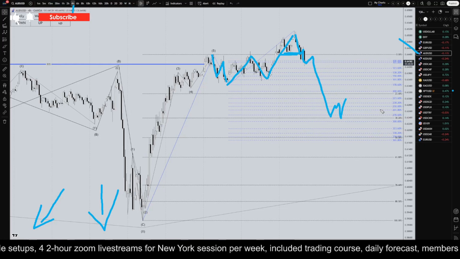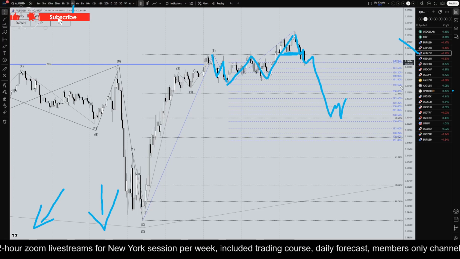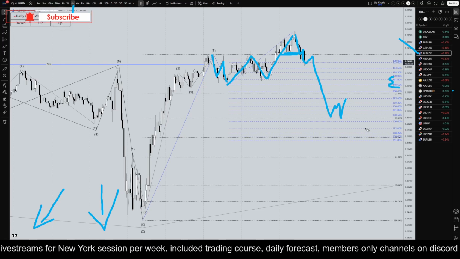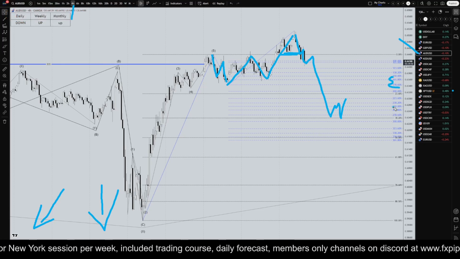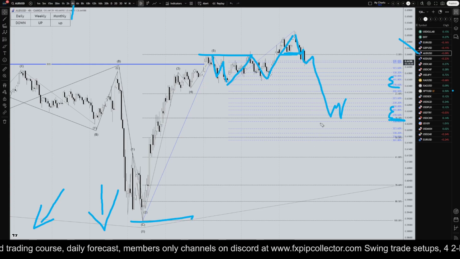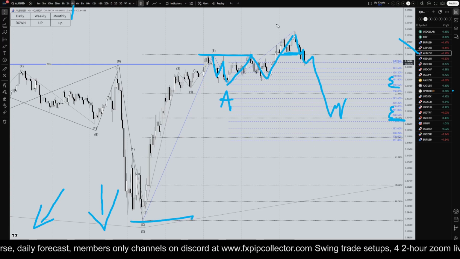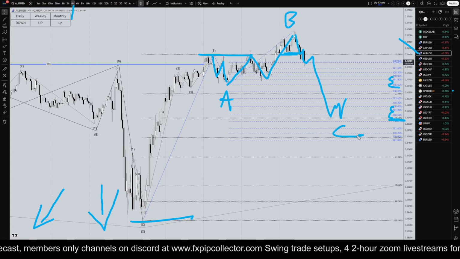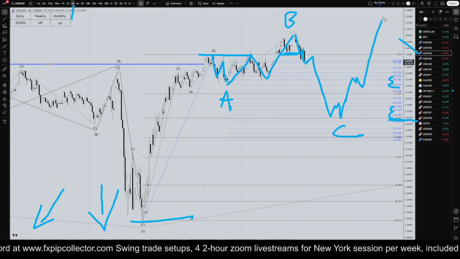And my target for a 335 pattern, because the 161, 178 is right here, I think I would actually be targeting the 261, 278, which gets us all the way down to the 38% Fibonacci retracement of the trend. So I think this is likely an expanding ABC correction. I think it's likely to go down to the 38%, right around the 0.624 area, potentially before we end up